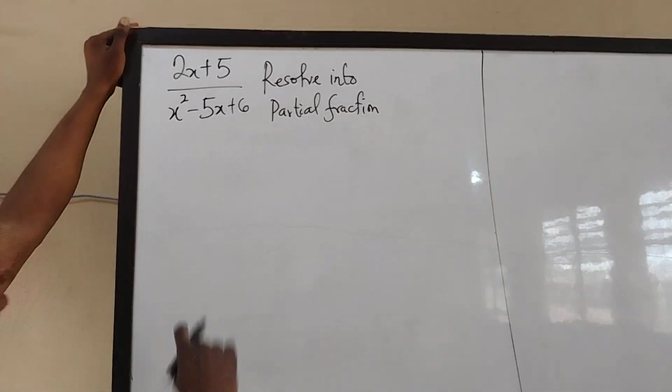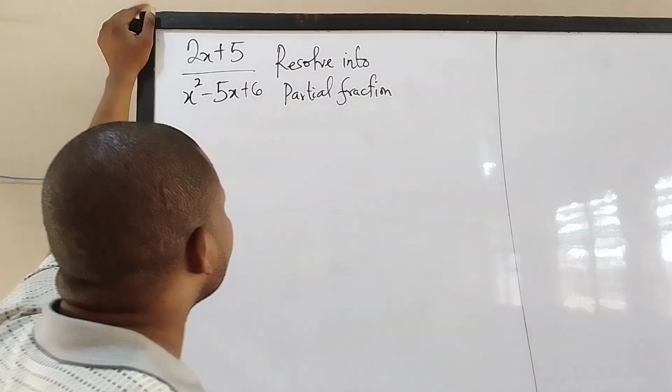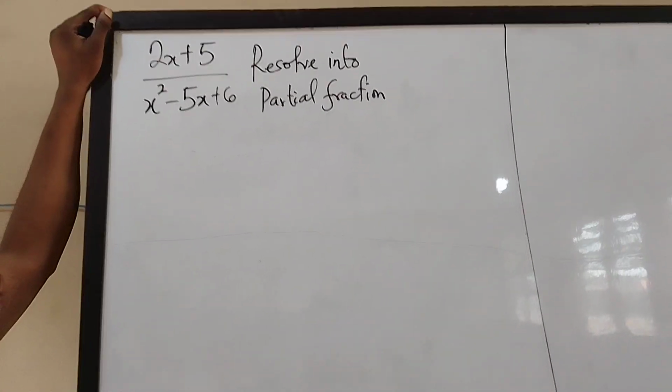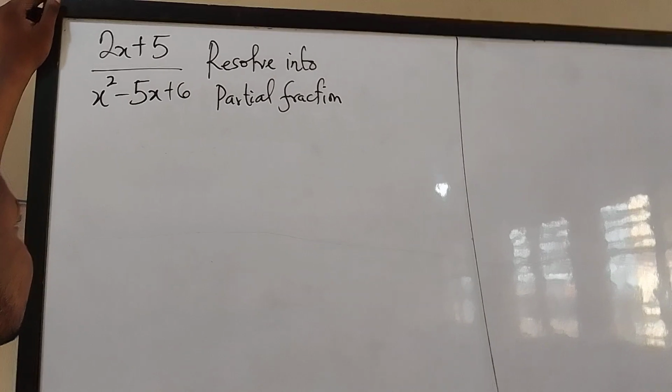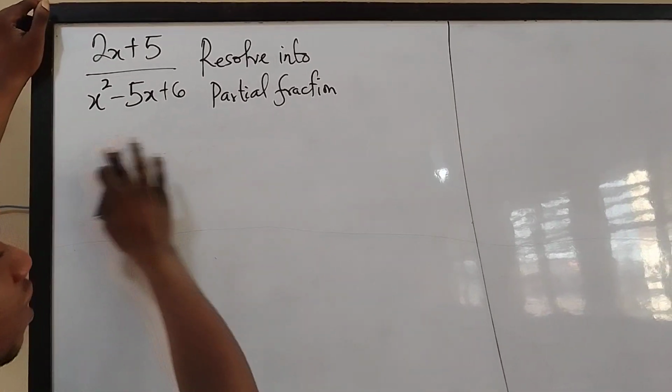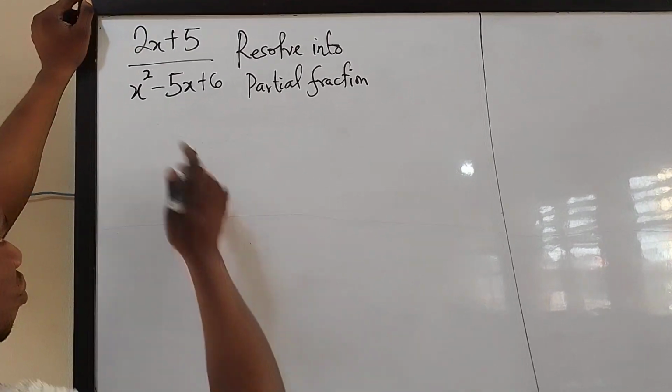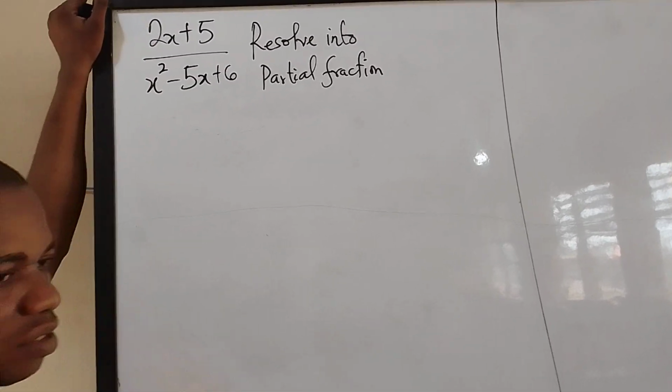To resolve this also into partial fraction: 2x plus 5 divided by x squared minus 5x plus 6. Now one thing you need to understand, the only trick to this equation is just the denominator. What you have as the denominator is what we call